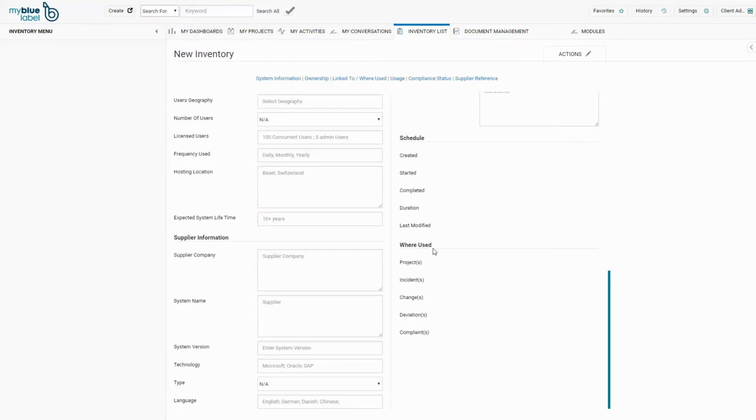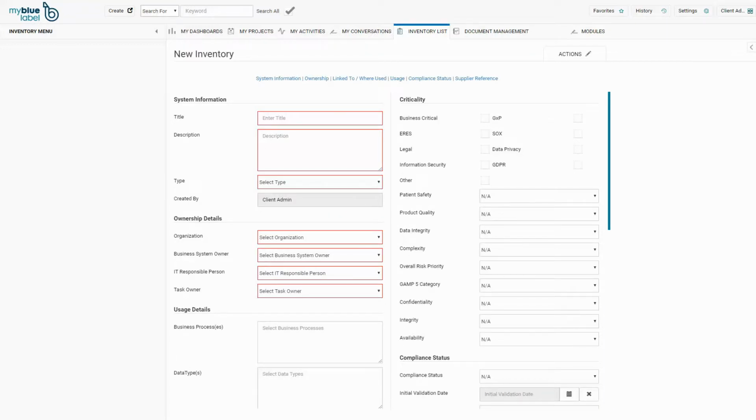One of the really cool features of this solution is the Where Use section. All the modules have this section, and this enables a complete traceability of each individual entry and the relationship between other entries in the solution. The attributes selected below are the critical to quality entries. These are the entries which must be reported upon at every system periodic review. At the system periodic review, it is really convenient to have all the details listed here. If all the modules in My Blue Label are enabled and used, the critical to quality entry status can be visually displayed in real time by the multi-dashboard feature. The Where Use section is now empty, but we are only now starting to build information into the solution.